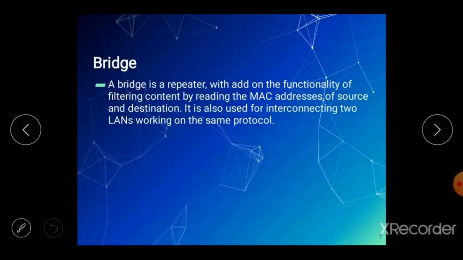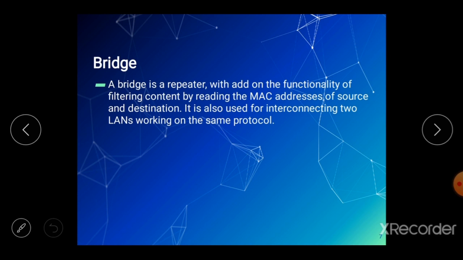The next topic that I am going to discuss is the bridge. As a bridge connects two ends of a river, in a similar way a bridge is used to connect two types of networks, and the bridge is an intelligent hub. For example, there is a network A and a network B, and there is a bridge between them. If a signal sent from network A is meant for a particular system that is already in network A, the bridge will resend that data in the same network instead of sending it to network B.